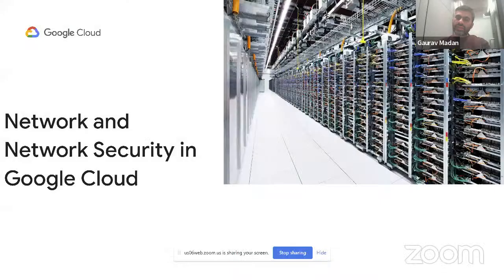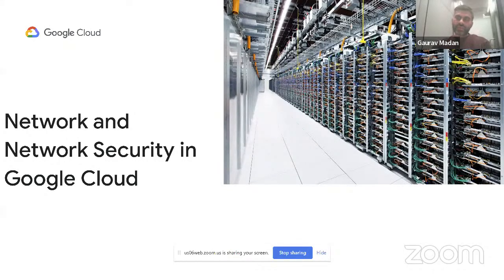have differentiated experiences with networks and networks in cloud. I will try to keep it as simple as possible. While it is a bit of a complex subject, no justice can be done to it in a 90-minute session, but I'll try to keep it at a level where the key takeaway from this session would be to understand